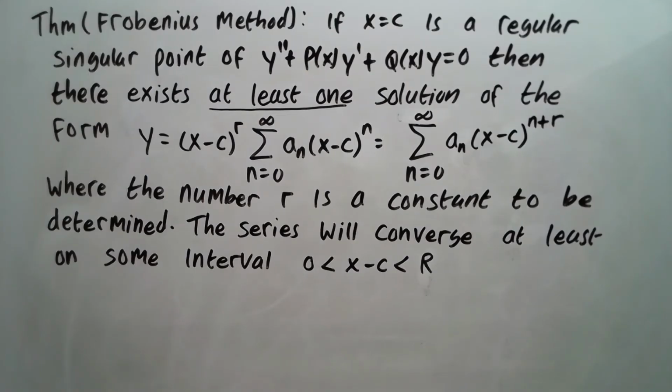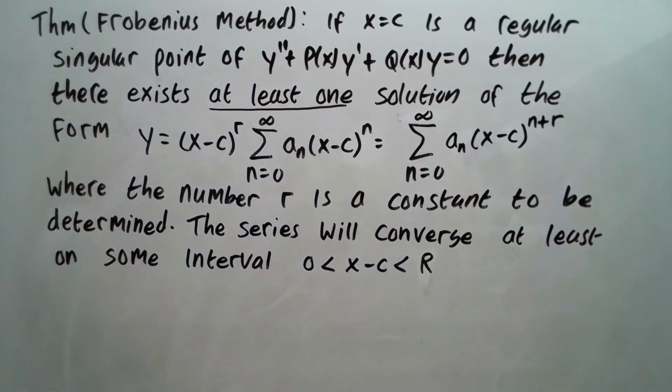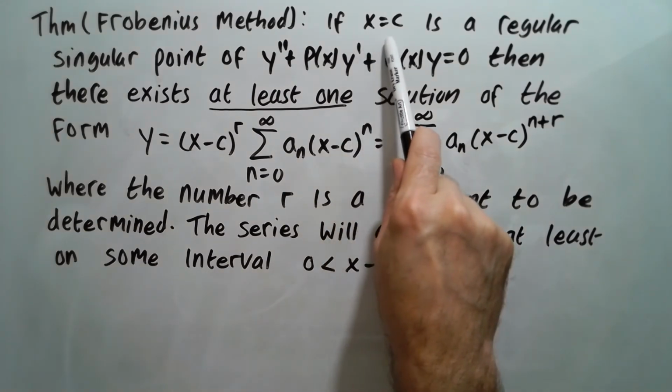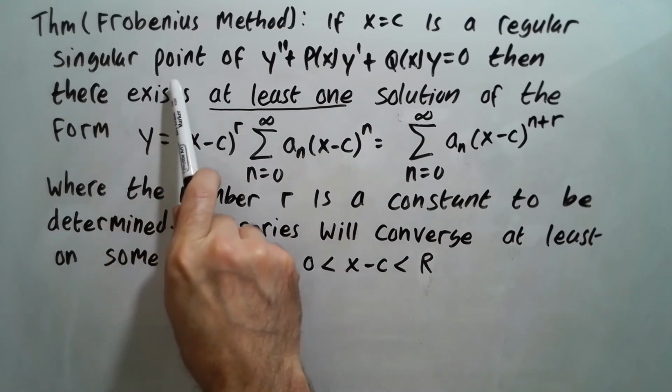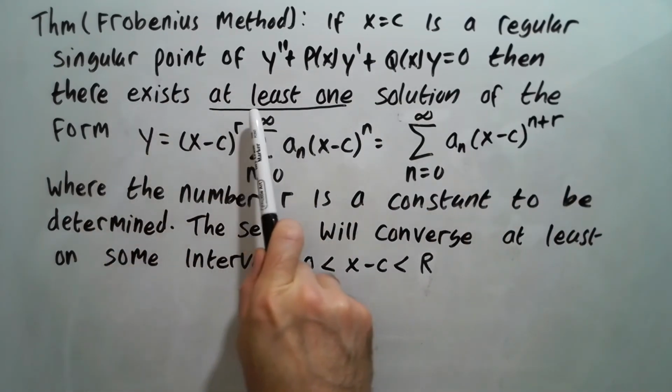Okay, so here's a theorem. We refer to it as the Frobenius method, named after Frobenius, who came up with it. So if x equals c is a regular singular point of the differential equation, then there exists at least one